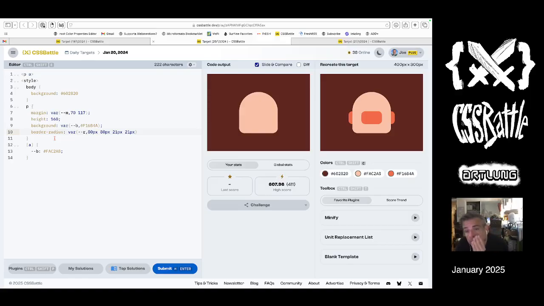Is there a way to do this using inset border shadows? I don't think so. I don't think so. So let's see about that. Or can we do,